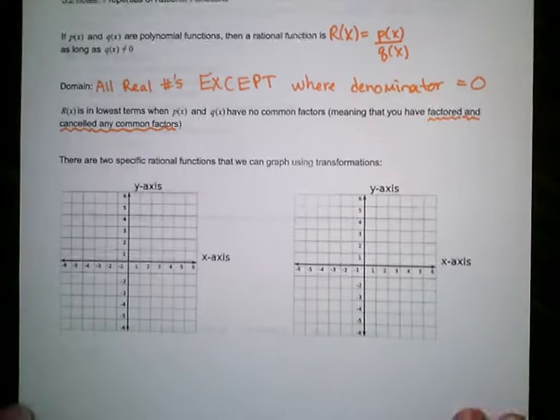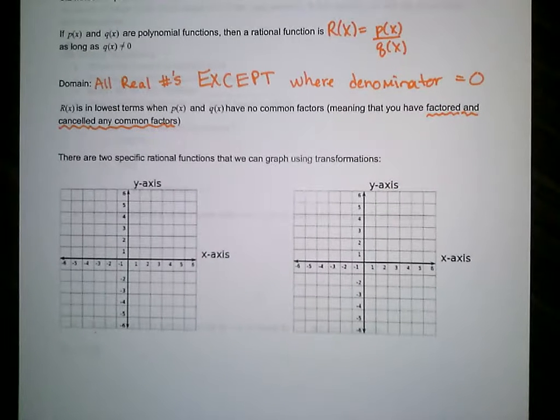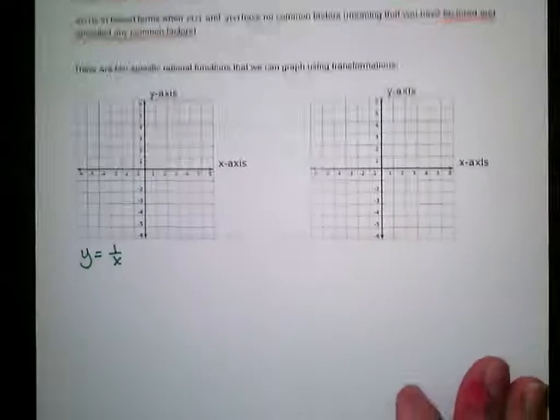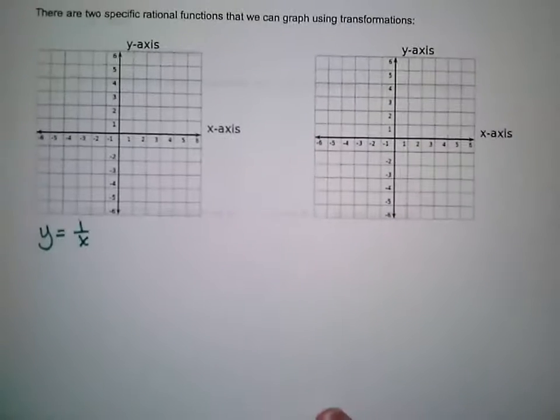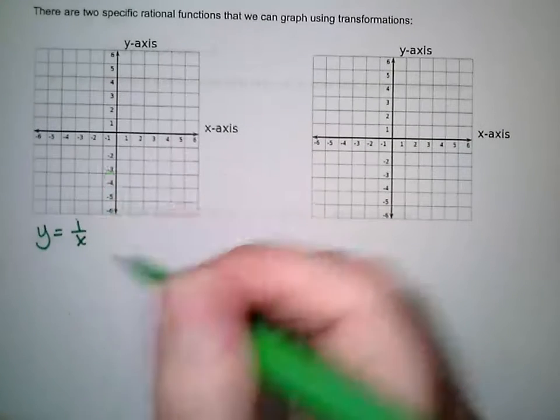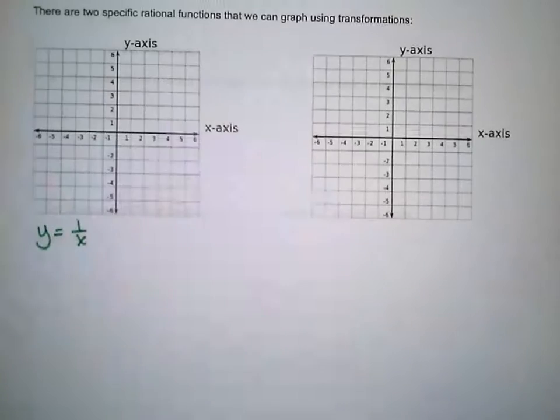There are two specific common rational functions that we can graph using transformations. The first one we've seen before. It's y equals 1 over x. We call that the reciprocal function, and it's kind of the parent function for the rational family. The reciprocal function is the one that had the,